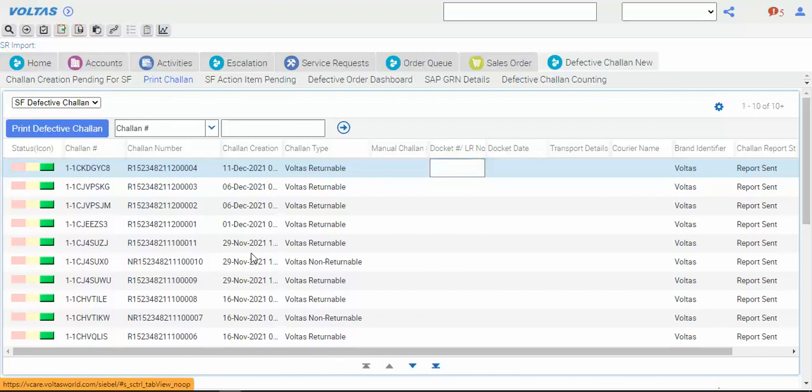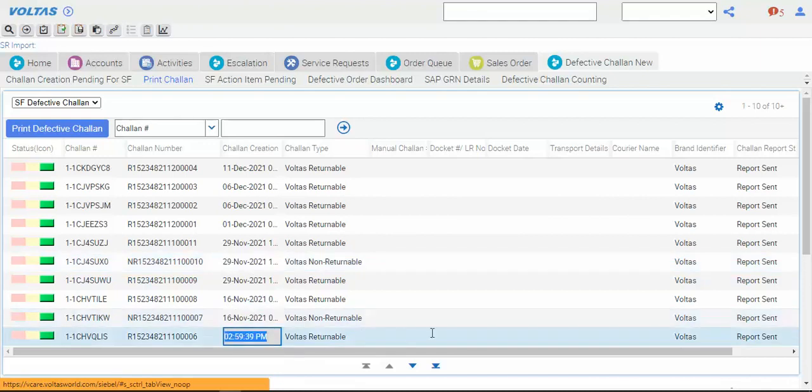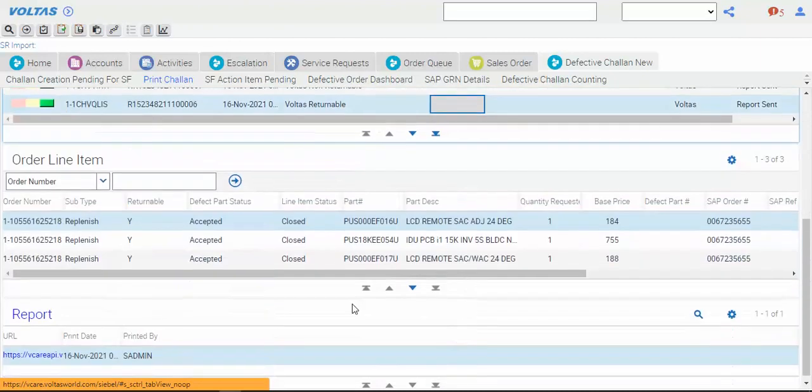Then again, as per the HO team who is checking, this is the 16th November challan, and it is accepted or not accepted. Here you do not mention the LR number. Then we'll check. If it is accepted, no problem. If it is not accepted, then you are traveling because you do not have the LR number. Hence, again a humble request to all,